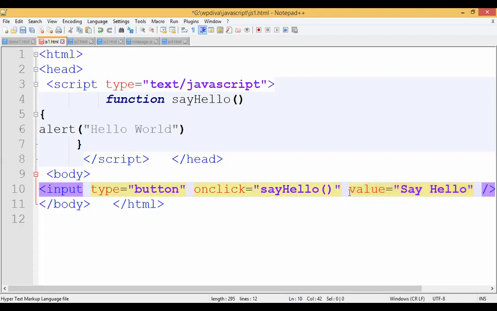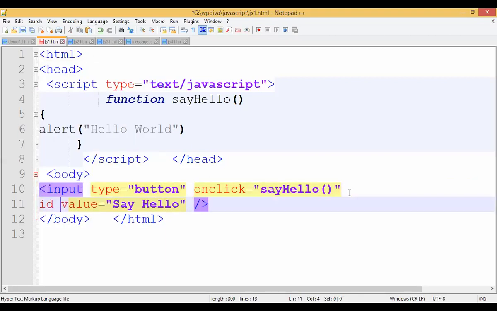We have also seen one more attribute, students, that is ID. ID indicates the particular name of a button. ID is just like your roll number, value is just like your name. So you can take ID equals to btn1, in double quotes, compulsory. The values have to be passed within double quotes only. You can take ID or skip it, because you use ID if you are using that button in another program. We are not using that button in another program, so I am not taking the ID now. If I'm using 10 buttons in another program, I'm using this file in my other program.